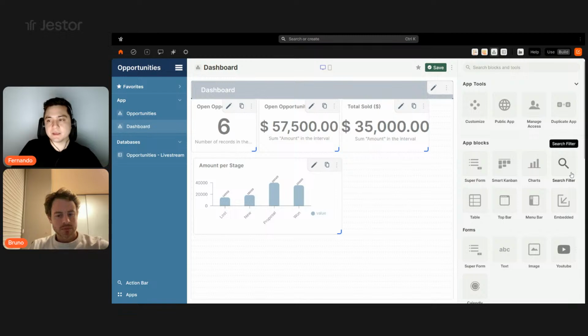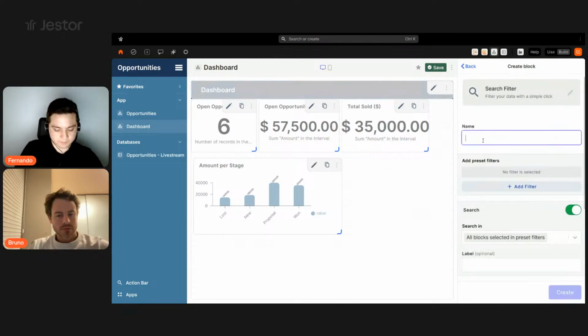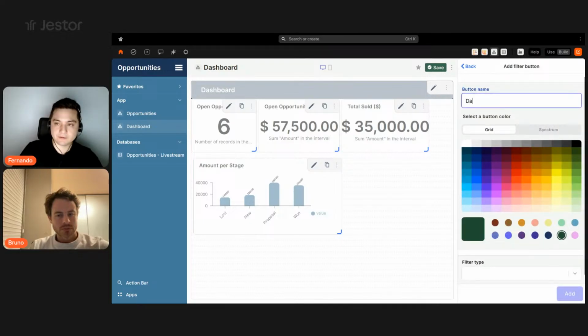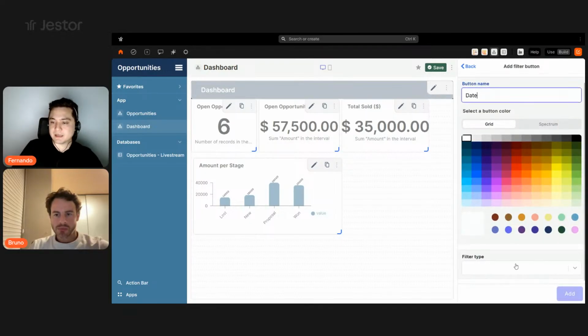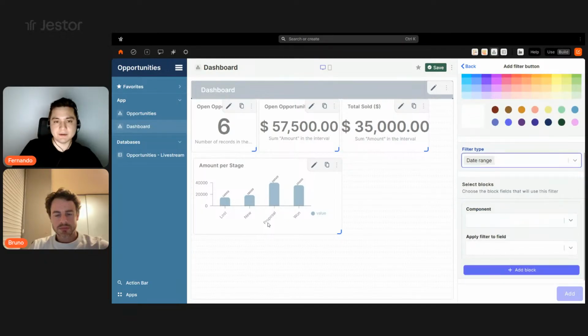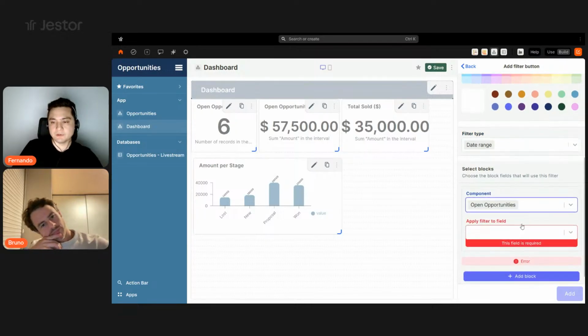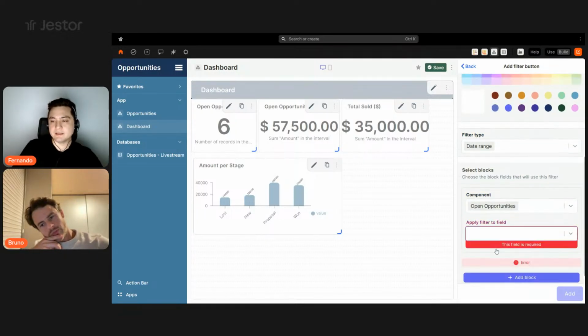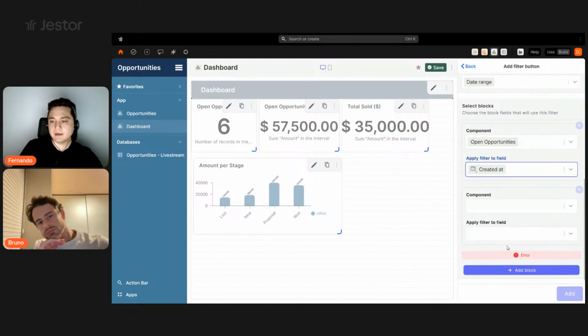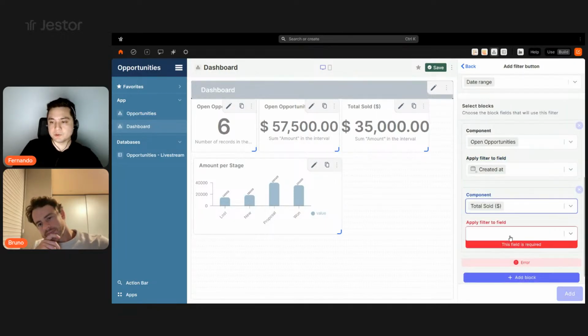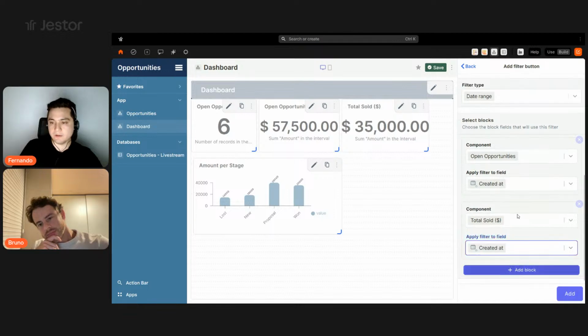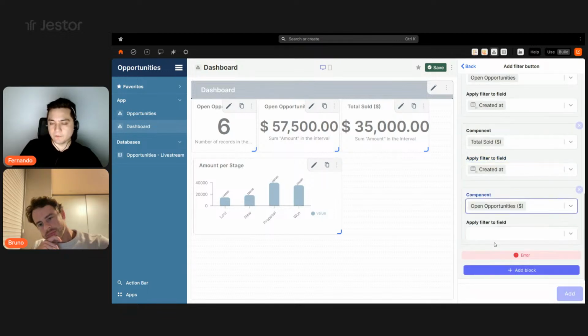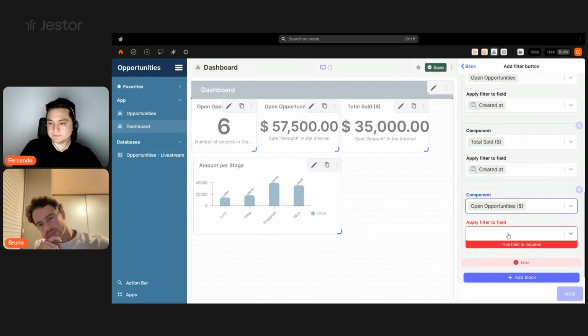And I'm going to do the same thing of adding a filter, because in this case, I may want a filter for date, which means I'm going to select an interval of dates, a range of dates, and I'm going to filter these components here. So I can filter the open opportunities by the date when the opportunity was created. I can filter the total sold by creation date as well. And I can keep doing this for every component that I have on screen,